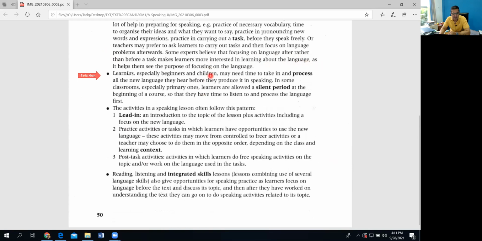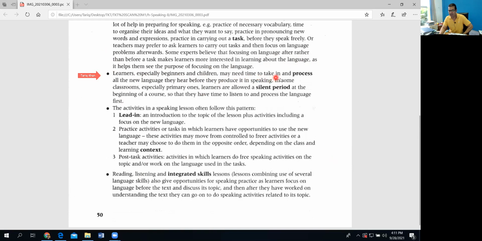Learning about the language helps to see the purpose of focusing. Okay. Next point, learners, especially beginners and children. Now coming towards the primary and preschool, okay? Especially beginners and children. Beginners are the preschool and the other comes in the grade 1, 2, 3, primary one,